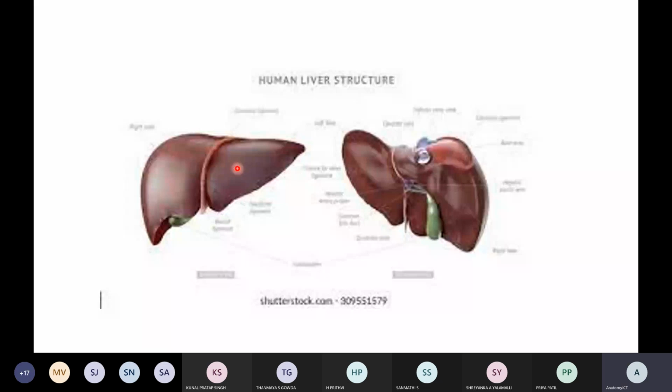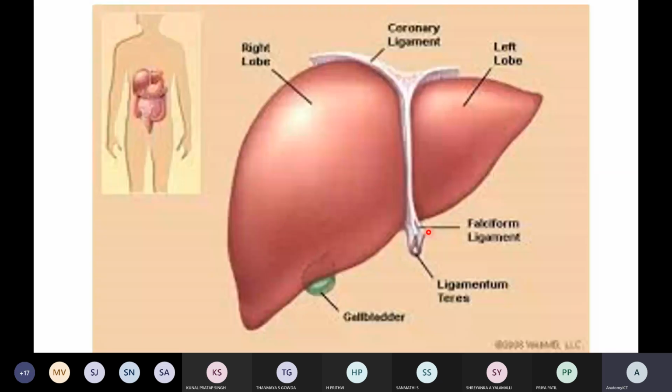and the superior, right and anterior surface. It means this whole area which we are observing comes in the diaphragmatic surface, and the visceral surface we are observing is divided into the posterior surface and inferior surface. This is how it is divided into mainly two surfaces, the diaphragmatic and visceral surface. The diaphragmatic is also divided into anterior, right and superior surface, whereas the visceral surface is divided into posterior and inferior surface. As I have told, mainly we have the two lobes, right and left lobe.